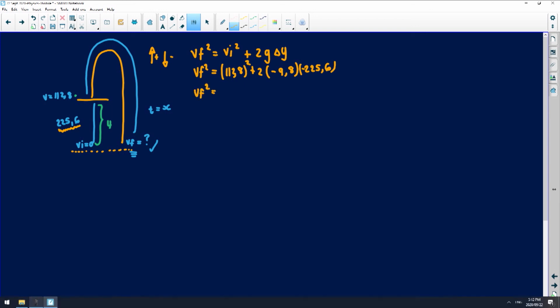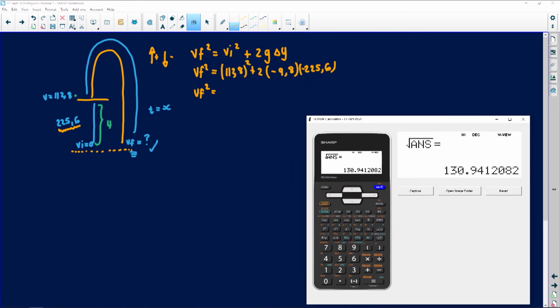Now, I'm just going to do some mathematics. Squared. Let's put this in my calculator and see what we get. Remember to put brackets around all your information. So I'm going to get 112.8, and that is squared. You can break it up if you feel like you might make a mistake. This is negative 9.8. And then I also have a negative 225.6, close my bracket, see what I get. This is my answer. I get 17145.6,